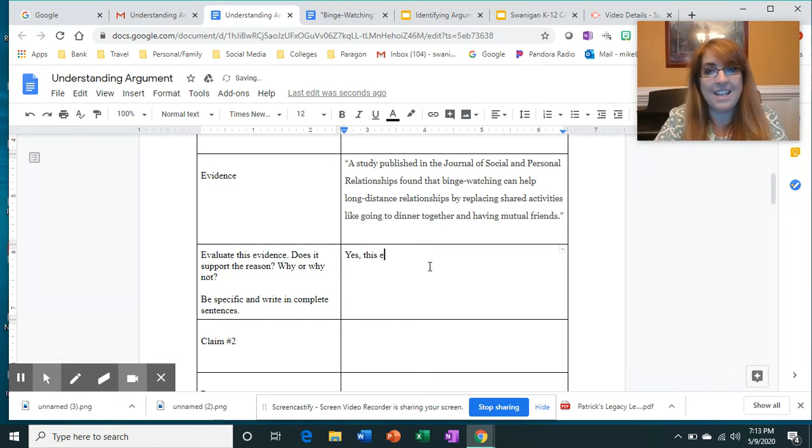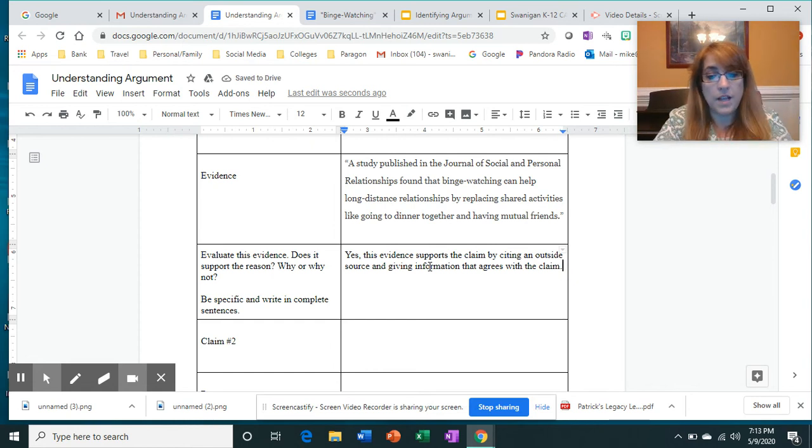Yes, this evidence supports the claim by citing an outside source and giving information that agrees with the claim.